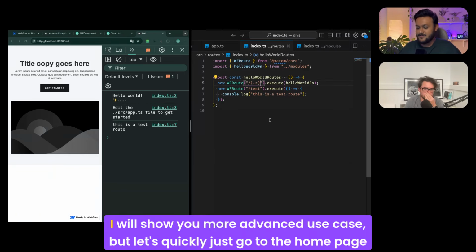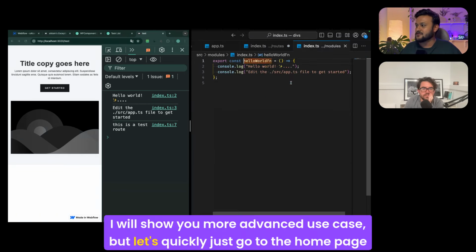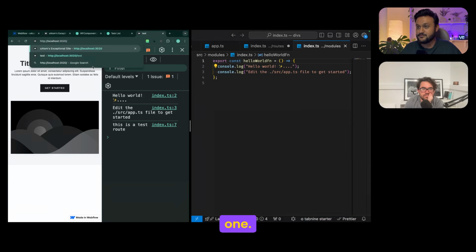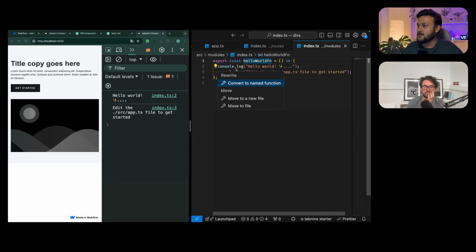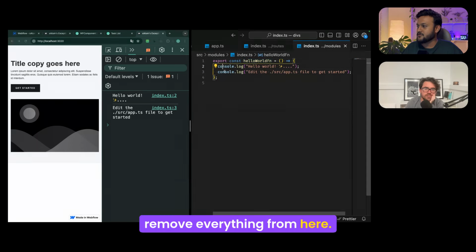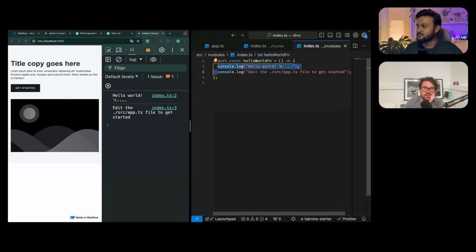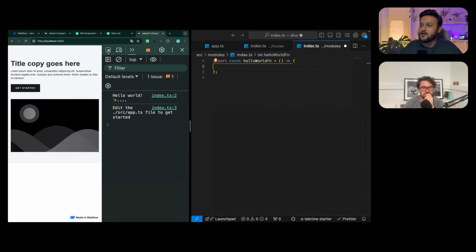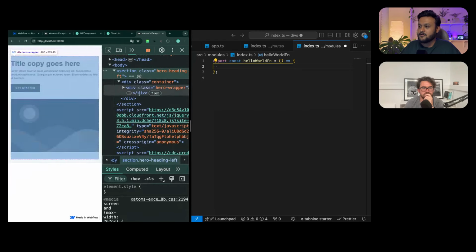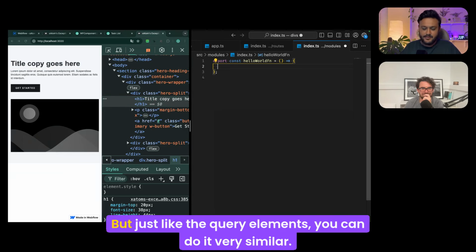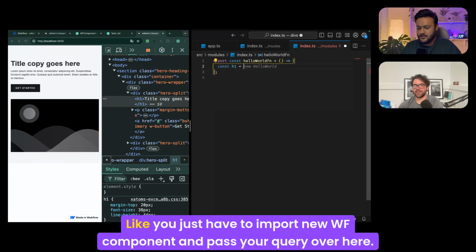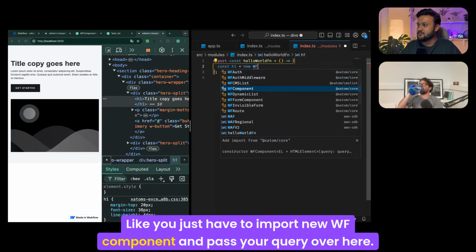I will show you a more advanced use case, but let's quickly go to the home page one. Let me also save this one and remove everything from here. Now let's pick this H1. We don't have anything added or any ID on it, but just like query elements, you can do it very similarly. You just have to import new WF component,